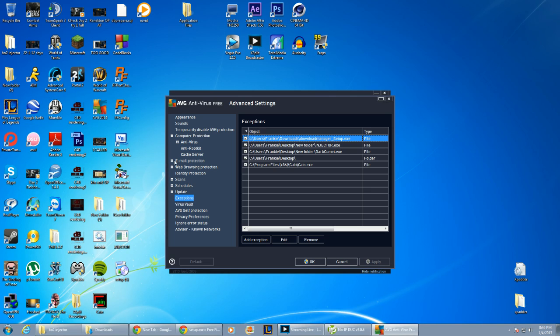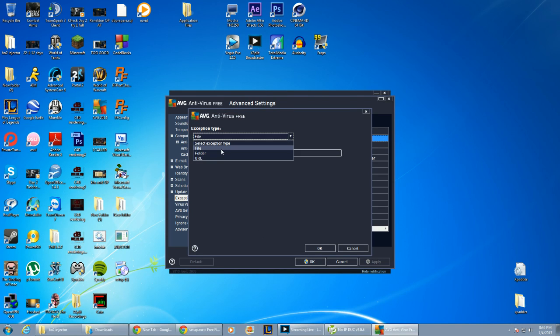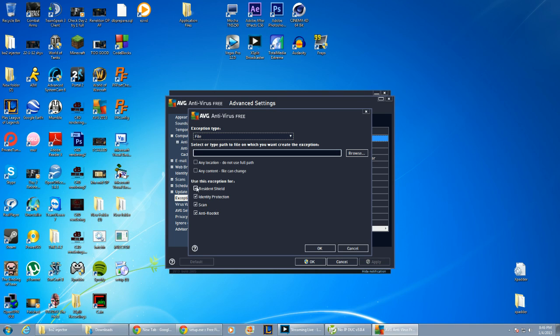You want to go into your computer, advanced settings, or options, whatever it said there, and you want to go into exceptions. I already have my exception set, but what you're going to do is add exception to the files. You're going to want to browse to where your file is, check mark all 4 of these, and then click OK. And once you did that, you'll have the exception set, and you'll be able to use the